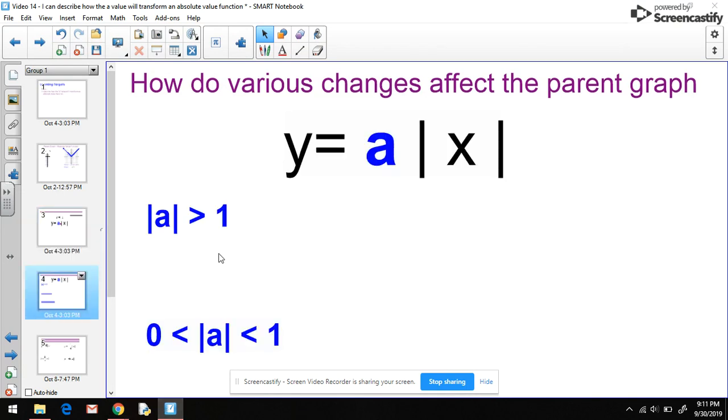We're going to summarize that right here. So our a value here,